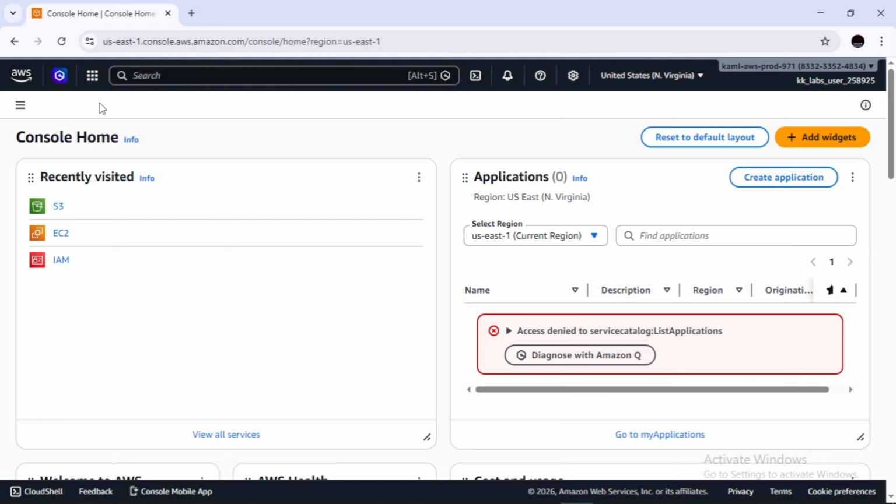So now let's understand why launch templates are important. If you launch instances manually, you repeat the same step again and again, with higher chances of mistakes and inconsistent configurations. The solution with launch templates is faster deployments, consistent configuration, easy scaling, and it is also used widely in auto scaling groups. So when you want to create an auto scaling group, there is a prerequisite that you must have a launch template so that EC2 instances can come up from a launch template.